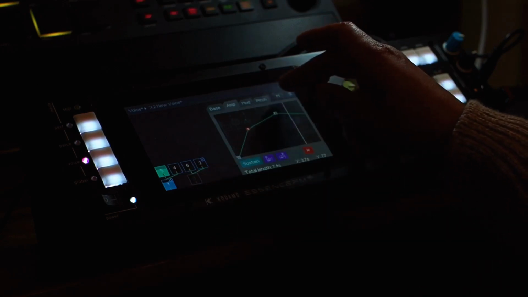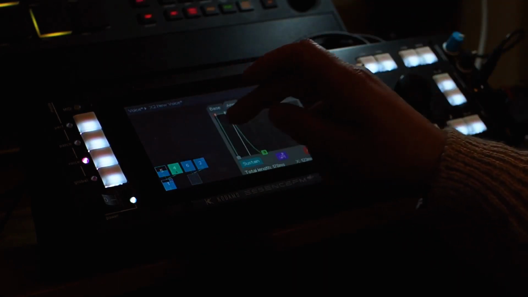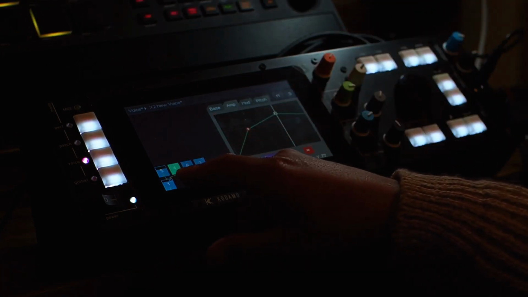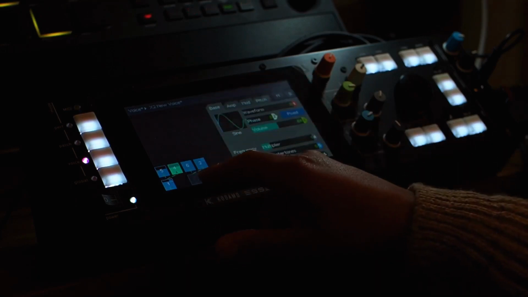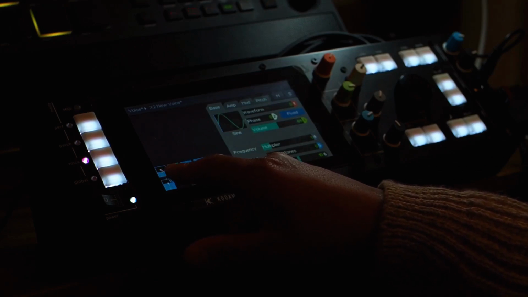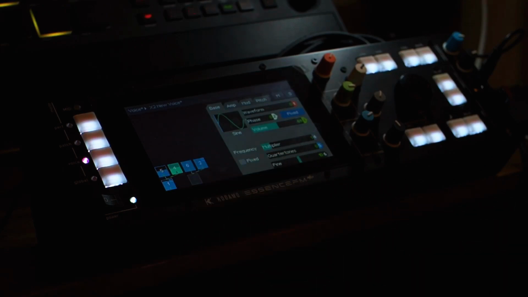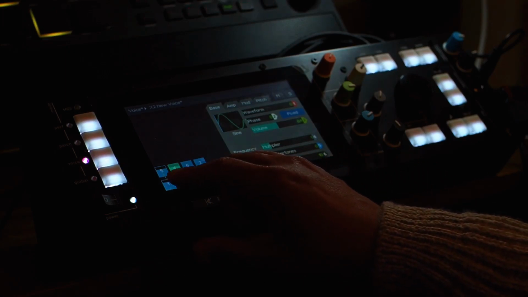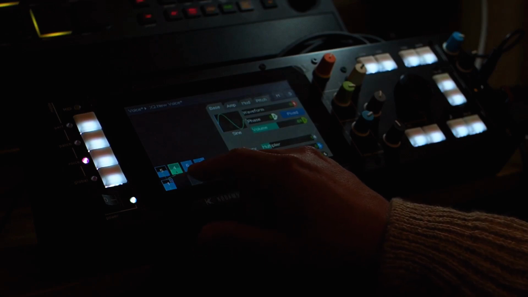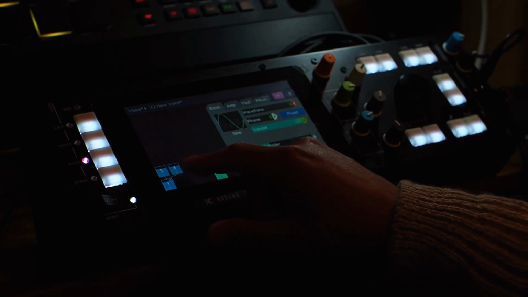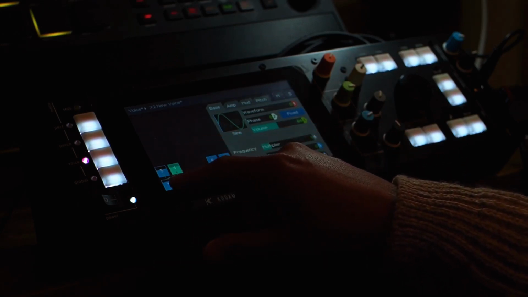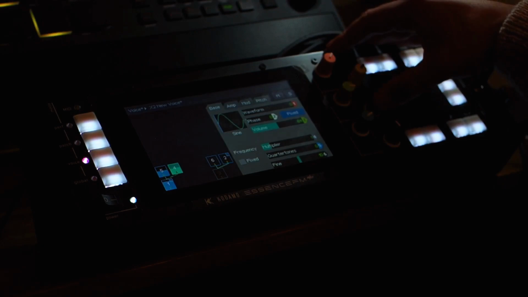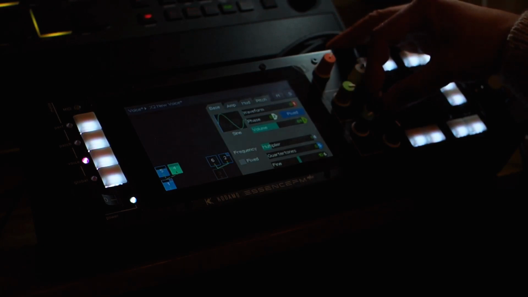Operator 4 has the default settings that we've been through before. So what I can do is just copy and paste from operator 5 onto operator 4, and now operator 4 has copied all of the settings that operator 5 had. So far all 3 operators in this sound have the same ratio, 1:1. But what we can do now we've got 3 operators, or 2 modulators both modulating the carrier, is we can use a different ratio for this particular